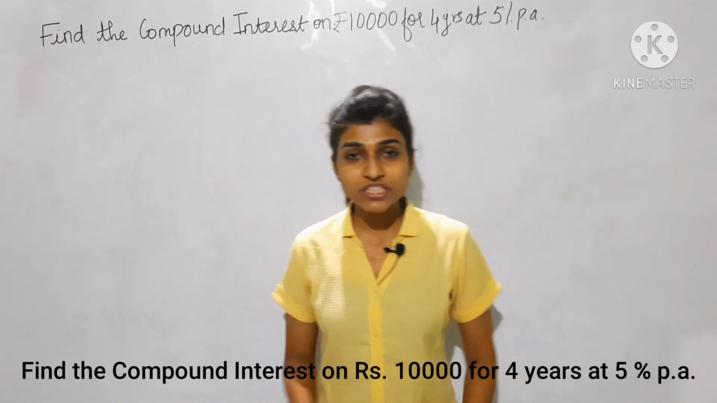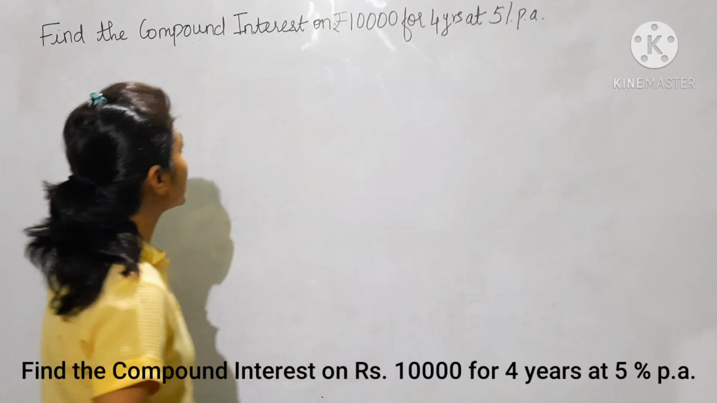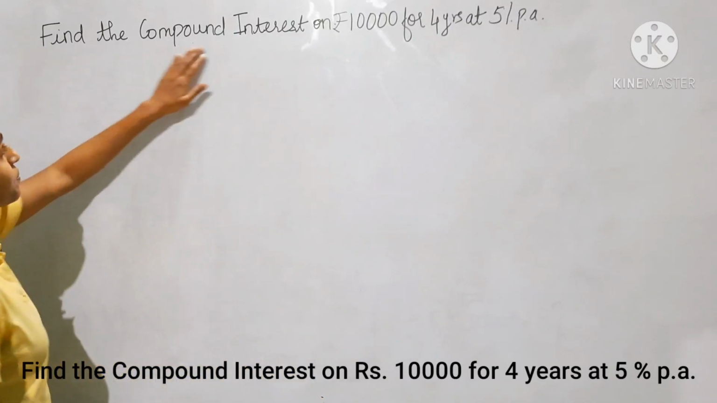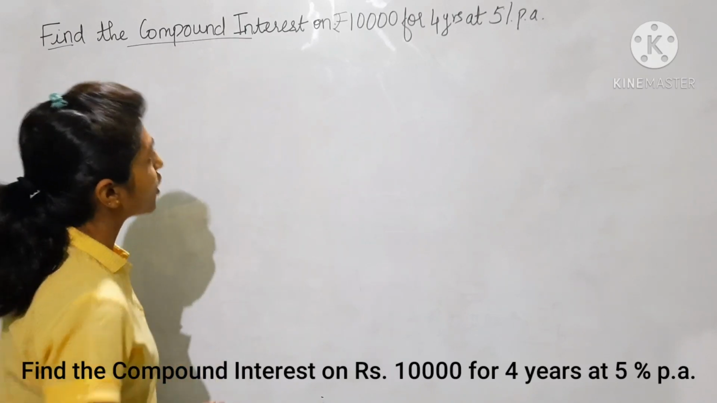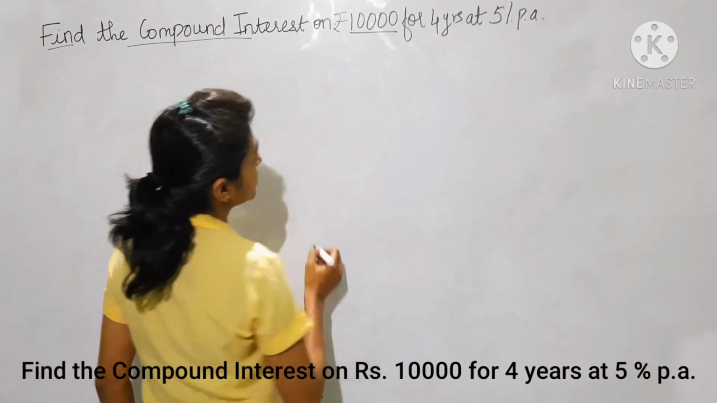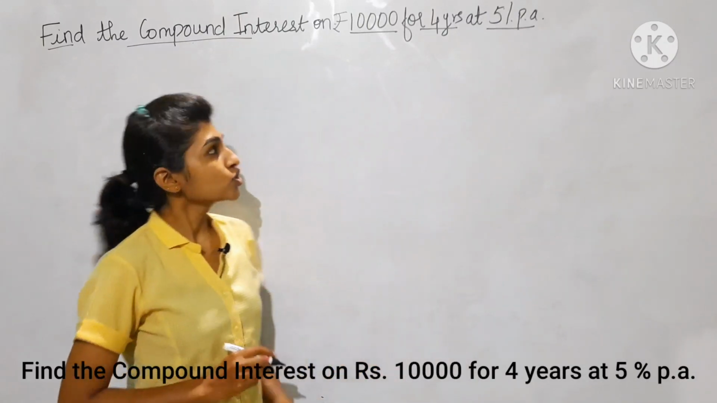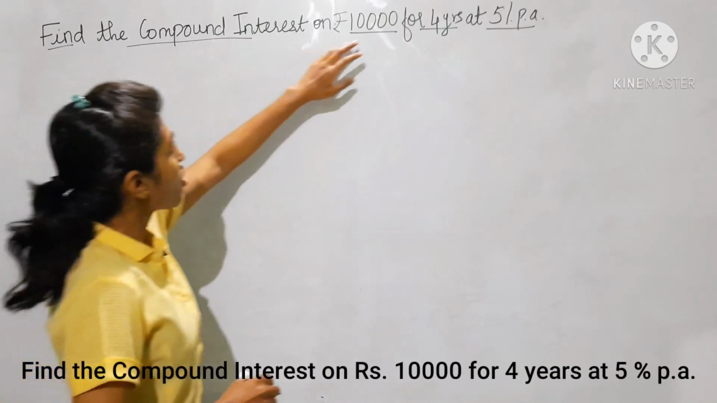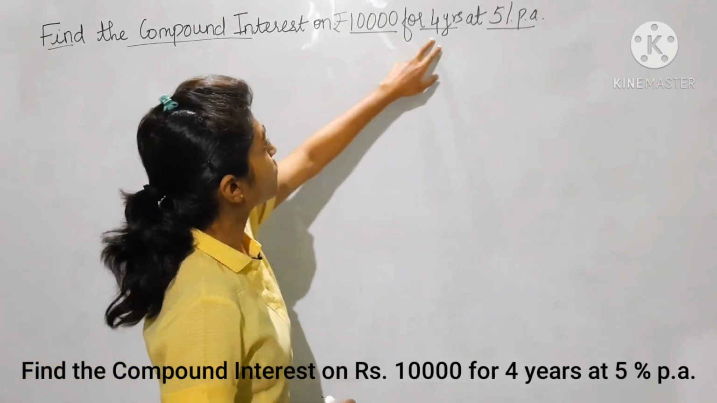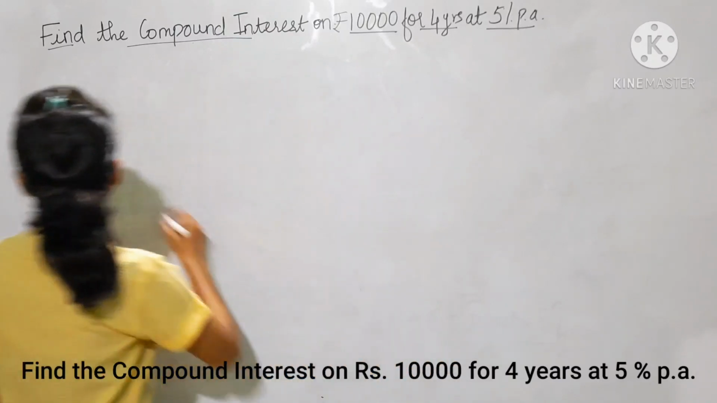Okay, so we will see an example of compound interest. The example is: find the compound interest on rupees 10,000 for 4 years at 5% per annum. So in this example, they have asked us to find compound interest on rupees 10,000 for 4 years at 5% per annum. So the solution for this: